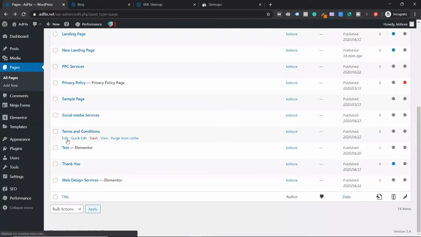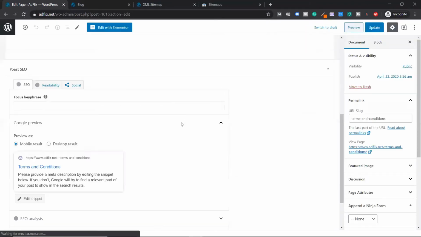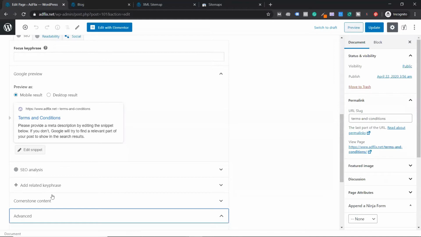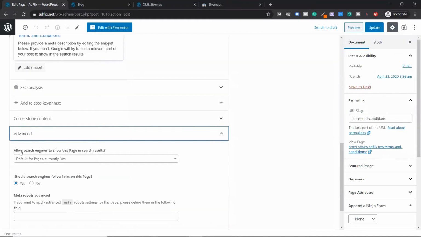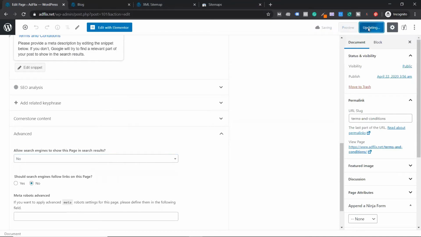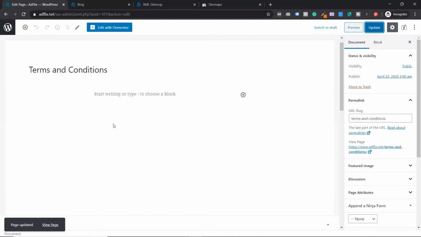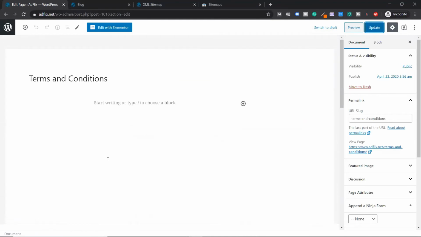Say terms and conditions is there. I'll click on edit. I want this to be read by the website visitors, that's why I put it in the footer, but I don't want the content, whatever is there, it's pretty empty of course, to be crawled by search engines. Again, click on this advanced option, make it no. You can do this for your landing pages, your thank you pages, your confidential pages, any page that you don't want Googlebot to crawl, or any page if you have some copied content in it. See, my privacy policy and terms and conditions will usually be copied content.